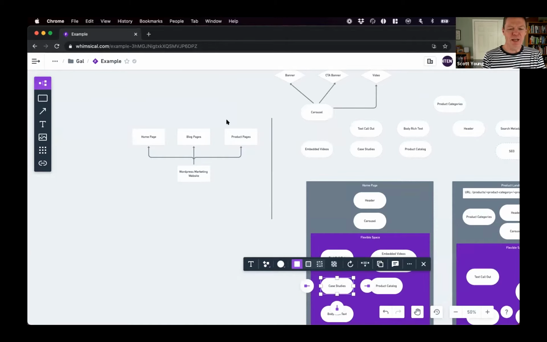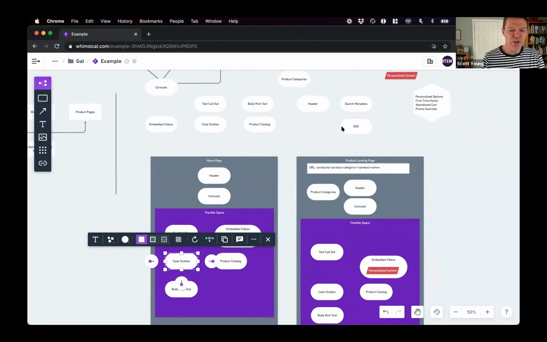So let me go back and so you've got that product landing page. Can you tell me a little bit about the content creator's experience? Do they have a page where they edit this content based upon this template that you've got here? Or is there a page to edit the case study and then a page for the text collage, and then they can drop that case study in and reuse it?